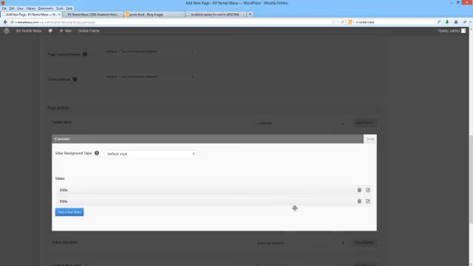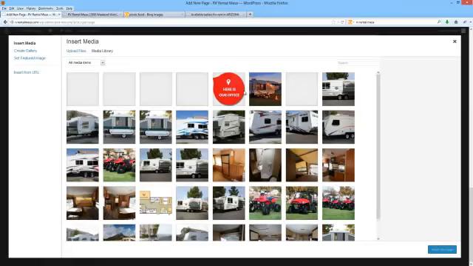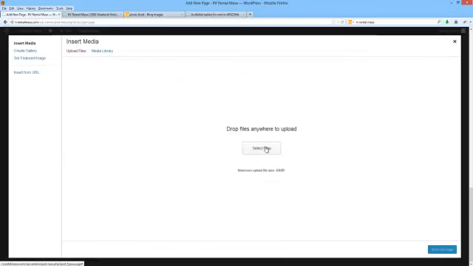So if you want to have 10 pictures there, 20 pictures, whatever you want. The more that you have, the better it is, I feel. So at any rate, we click on slide, click on upload image. And what it's going to do is open our media library up. Now, if the image isn't here that we want to post into that slide, that top element, along with the other pictures that we're going to put up there, what we can do is click on upload file, and you